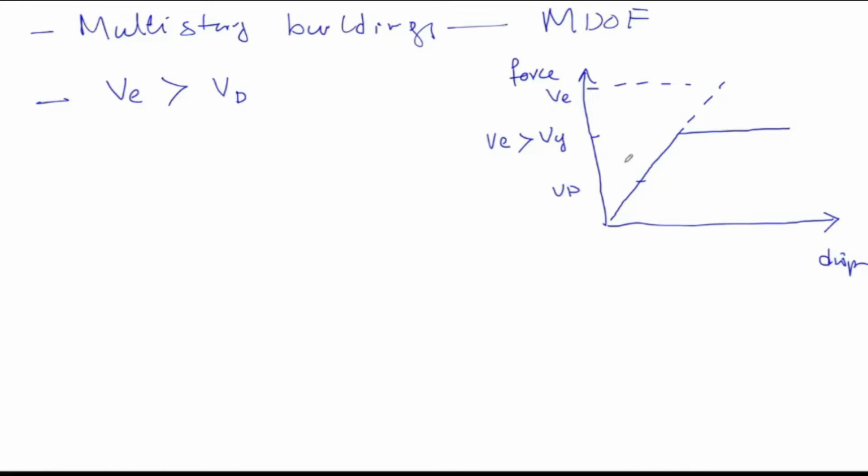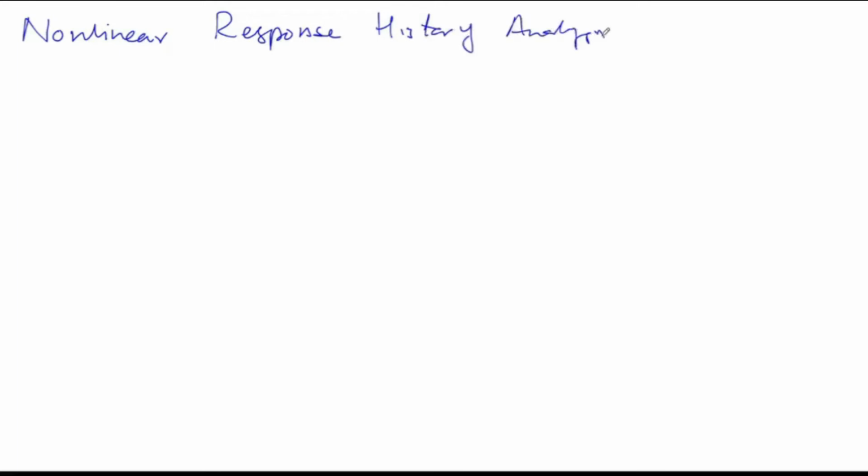So let's talk about the analysis procedure. The most accurate procedure that is used for the analysis of inelastic structures is the nonlinear response history analysis. In short, it is also abbreviated as RHA, response history analysis, and nonlinear for the fact that this is for the inelastic models. So if you remember the equation of dynamics,